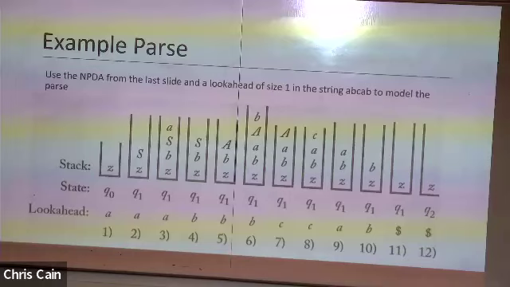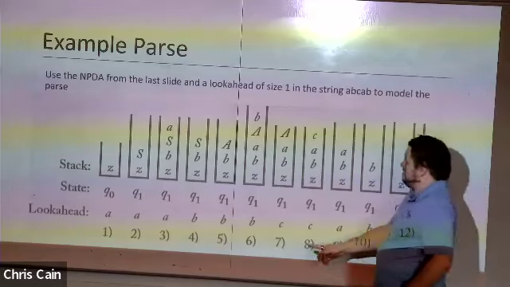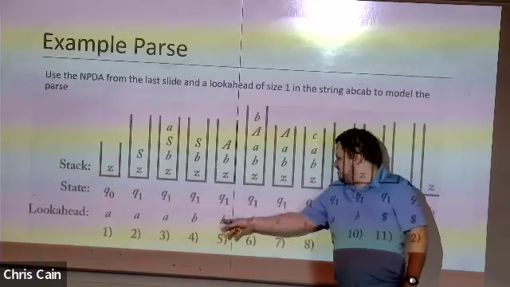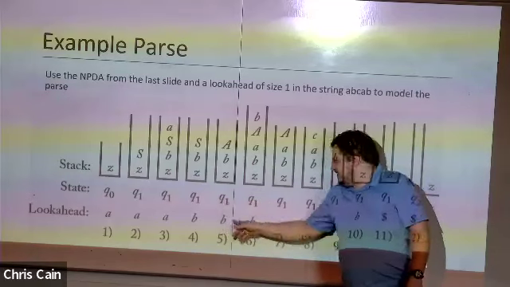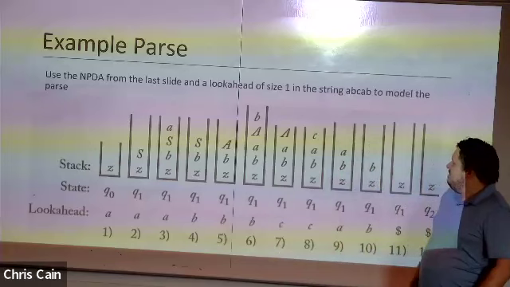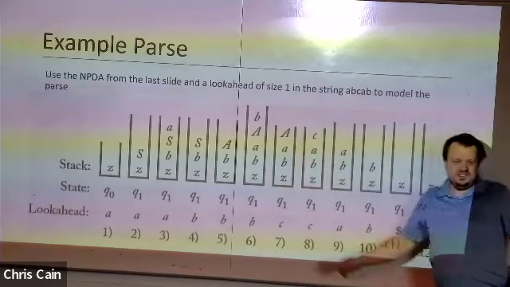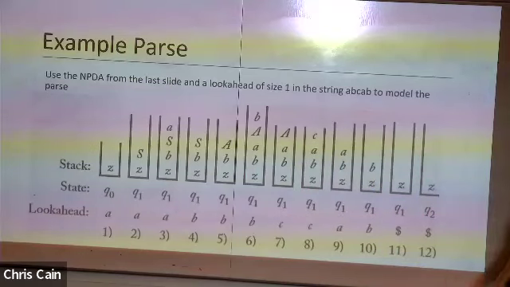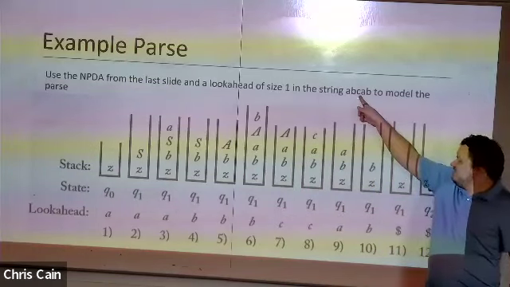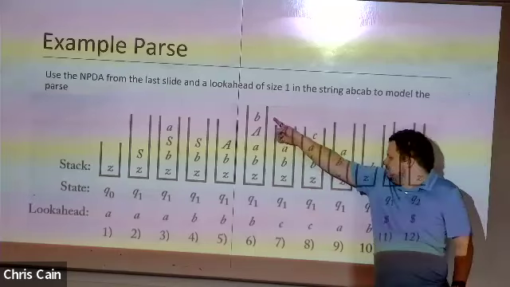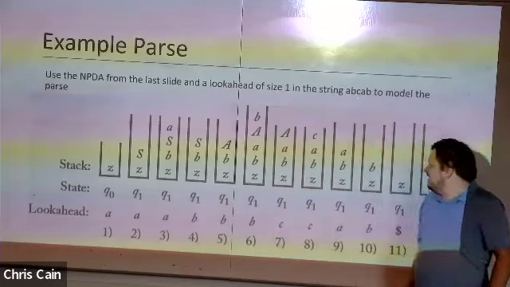We have a grammar rule that A can be replaced with B capital A. So we're going to pop the A, push B capital A. This doesn't read anything in the string to do so, so we stay in the same state and we have the same look ahead character. But now we've generated that B that is the look ahead that we want. So once we have that, we can do what's called a shift, and we can shift the string from reading the B, we can actually read the B and move the look ahead to C as we pop the B